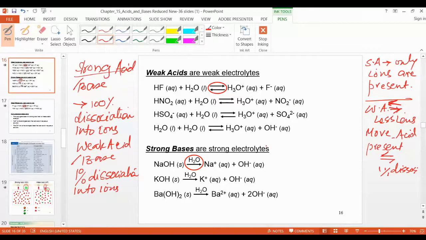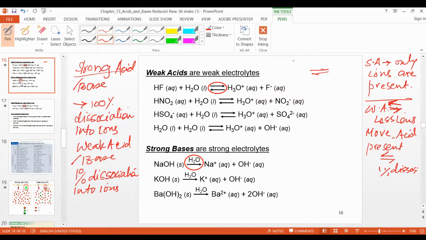That's all. Just memorize the general concept. No need to write anything. If it is a strong acid, you should know the concept. If it is a strong base, you should know the concept. If it is a weak acid or weak base, you should know the concept. Only in the case of weak will you get the equilibrium arrow, the double arrow. Only in case of weak.